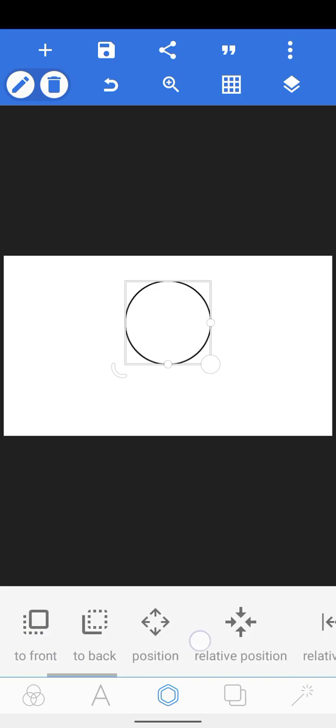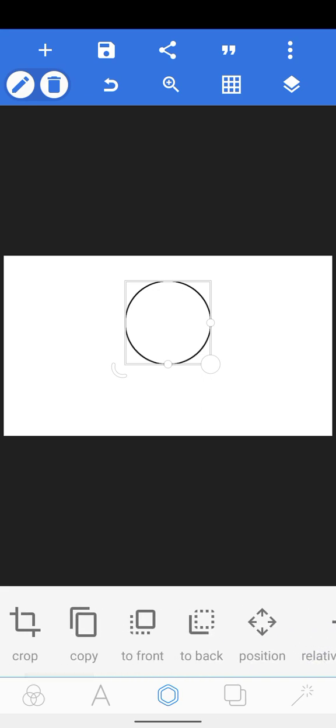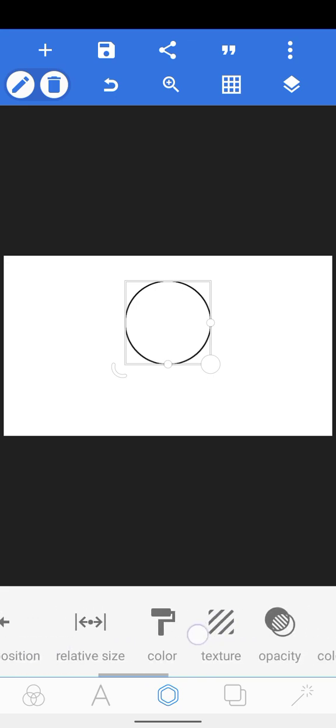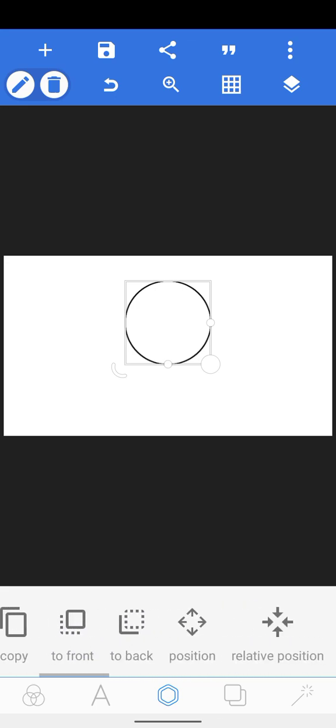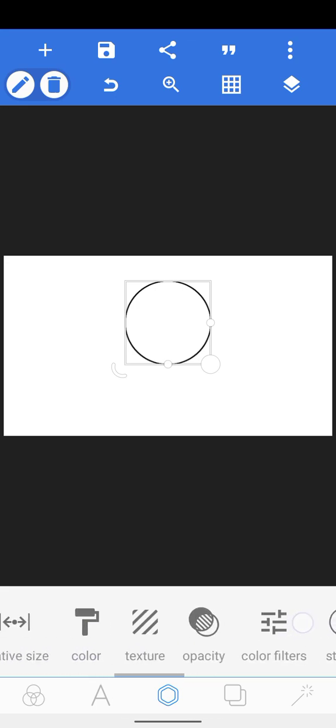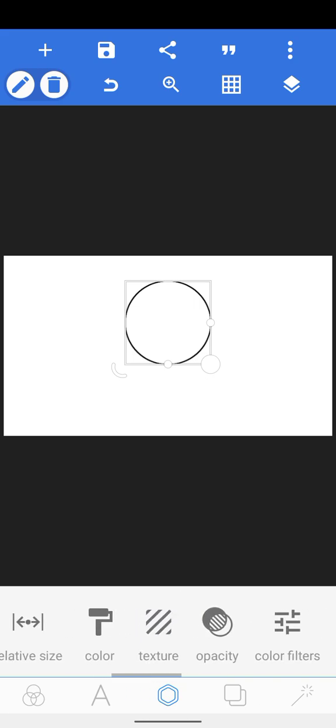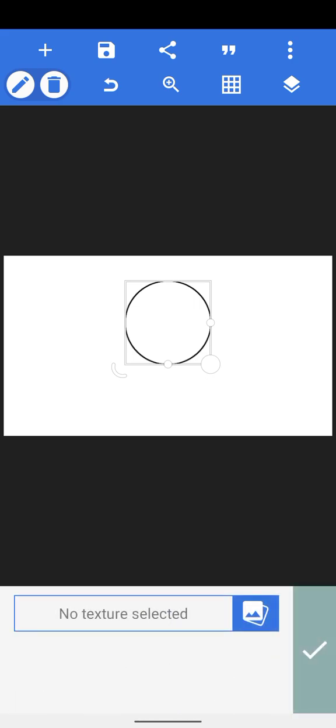Now let's locate texture. We are going to insert the picture of the businessman into this particular shape. We are inserting the picture of the particular person who owns the business into this shape, right? So we are going to locate texture on our tools. So let's search for texture. All right, so texture is here. Click on texture, click on this image button here or symbol. This is it. Click on that,